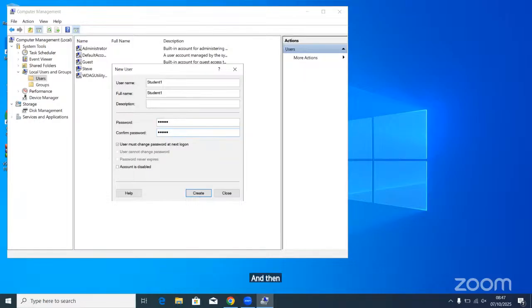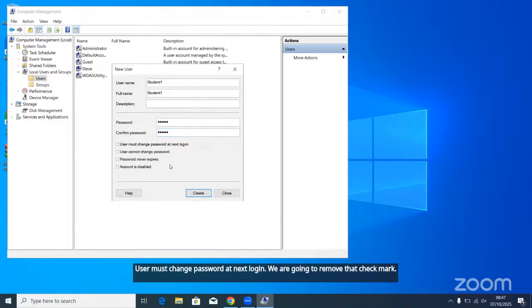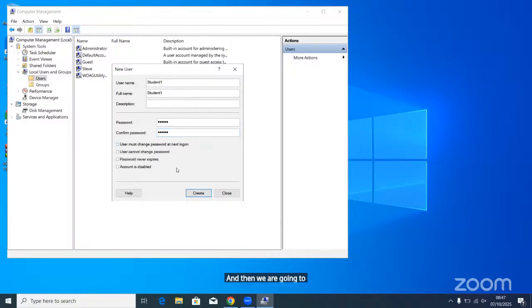And then where you see User must change password at next logon, we are going to remove that check mark. And then we are going to say User cannot change password. You are going to put a check there, and then Password never expires. I don't see a check mark. Okay, that's there. The reason we do this is because if you